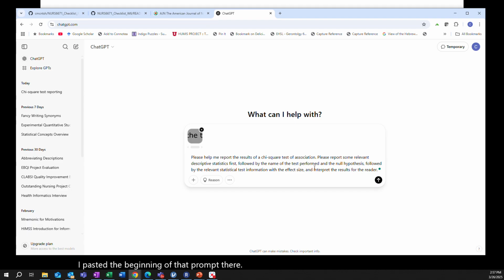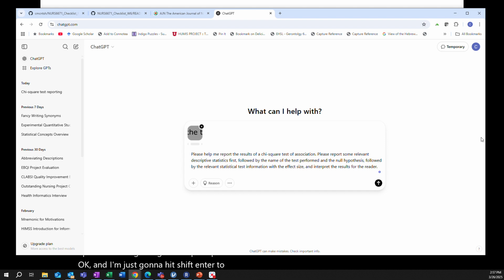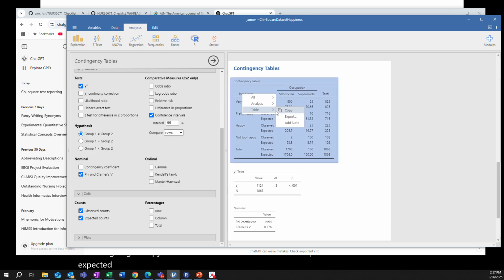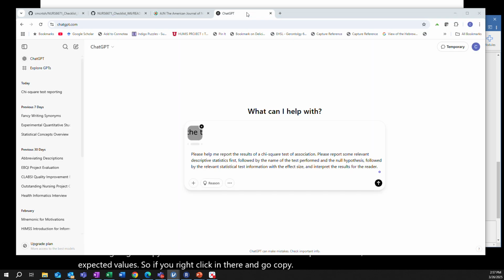Okay, and I'm just going to hit Shift Enter to go down to the next line, and I'm going to go into Jamovi, and I'm going to copy this table here with these descriptive statistics, observed and expected values. So if you right click in there and go copy, and then if you go back into Jamovi and Control V will paste,